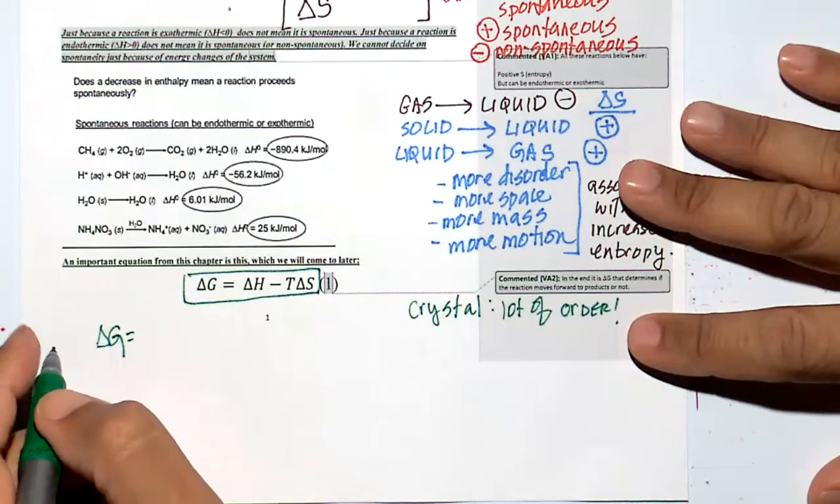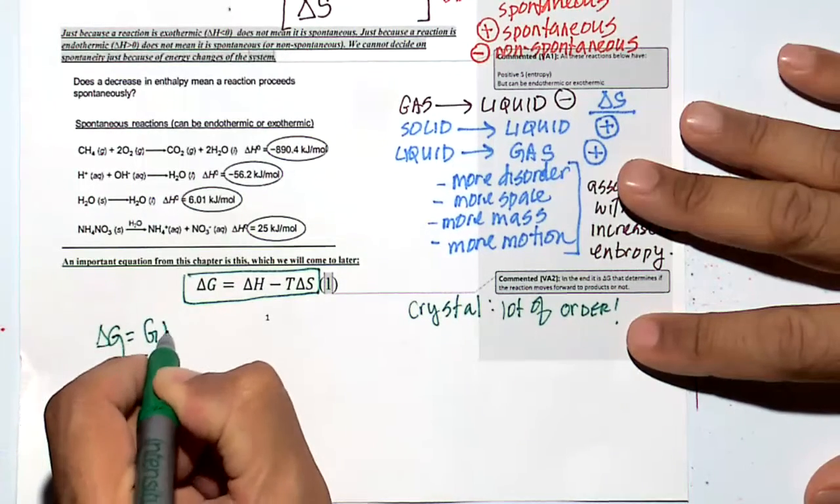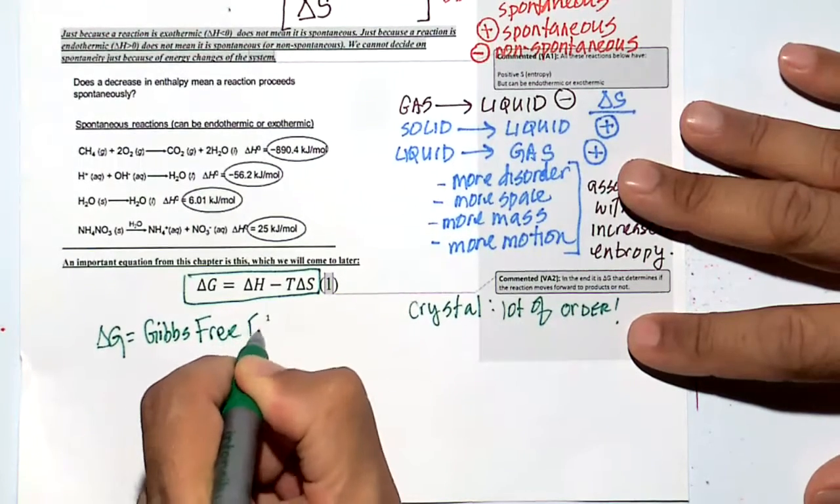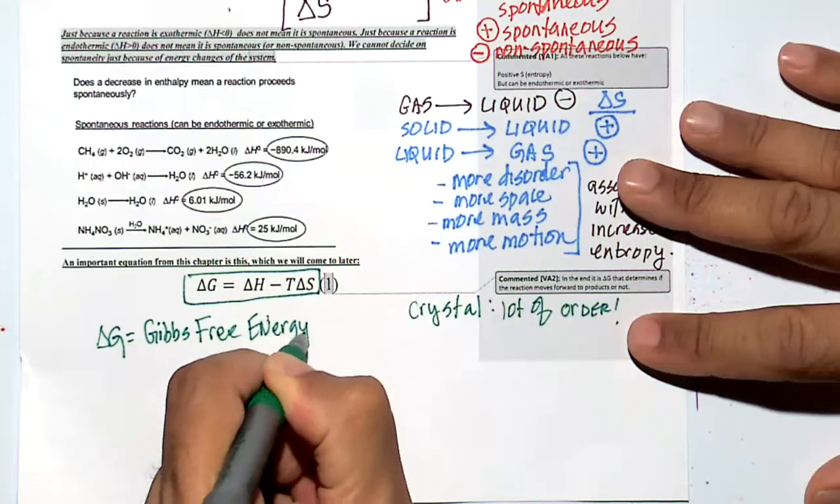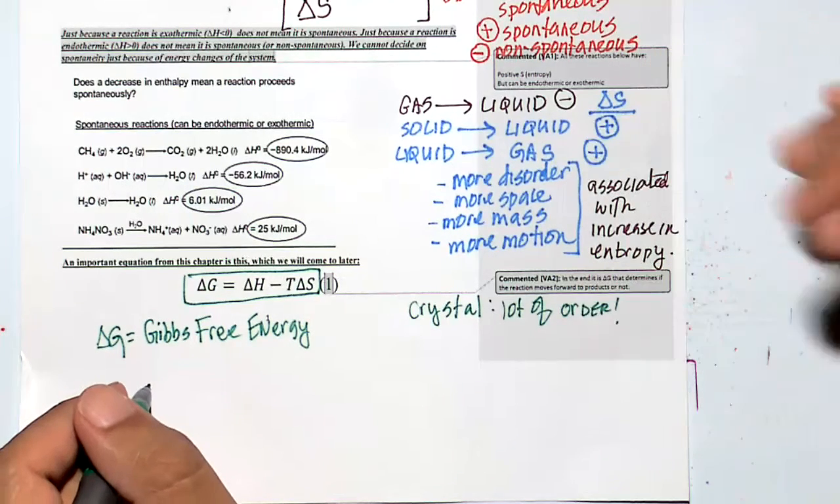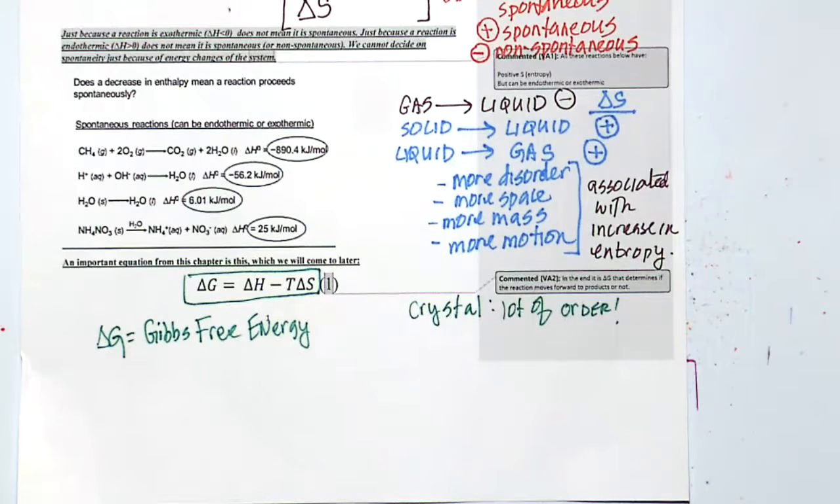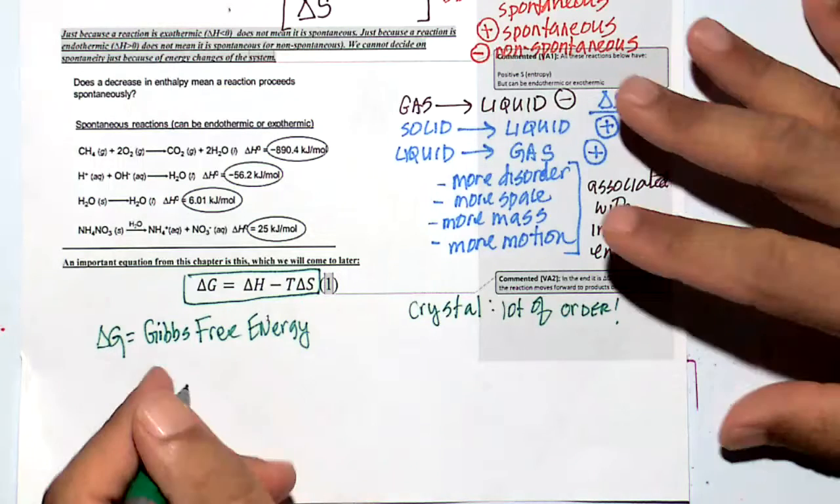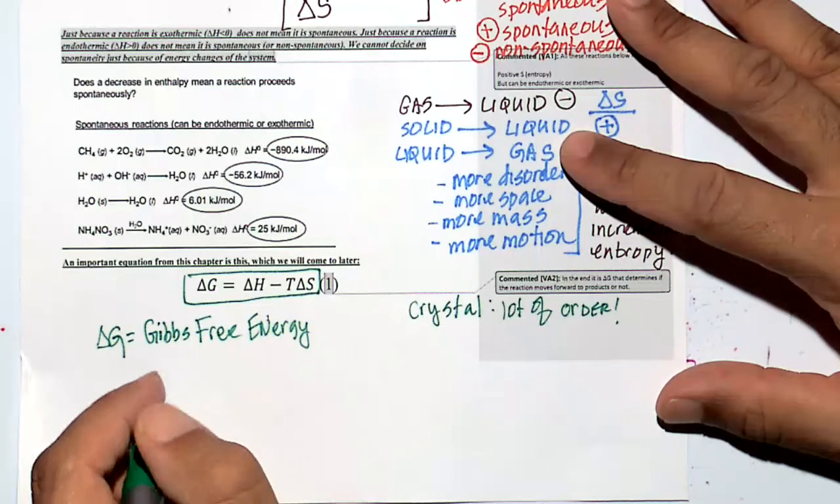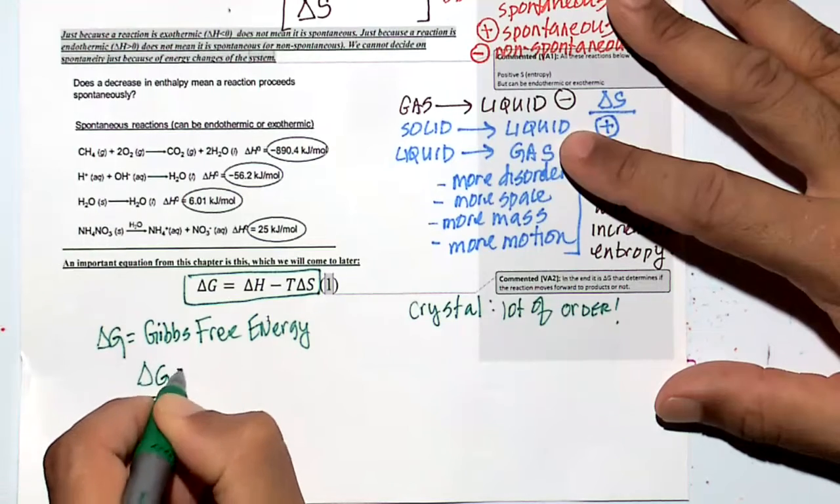This is the final one in our list, Gibbs free energy. Delta G is the final judge of whether a reaction is going to move towards products or not. It's the final arbiter. It's the final judge. And that's called Gibbs free energy. So it's the judge. And if your delta G is negative,